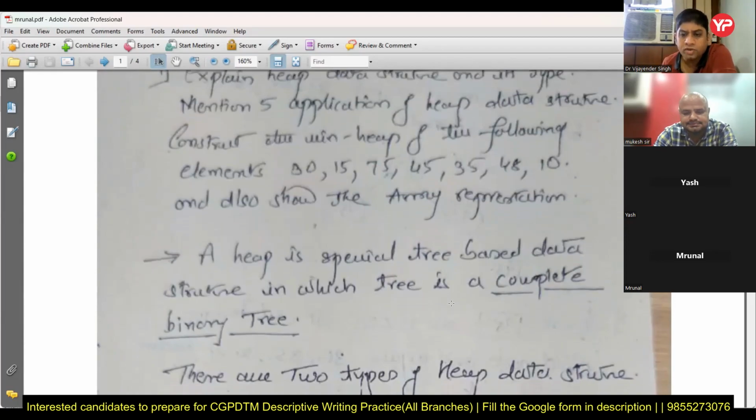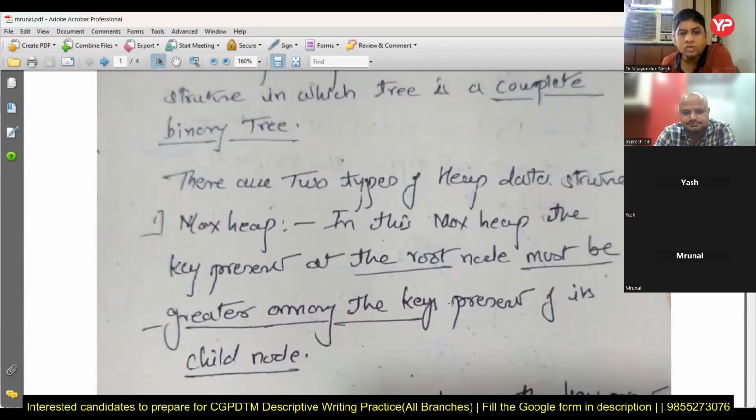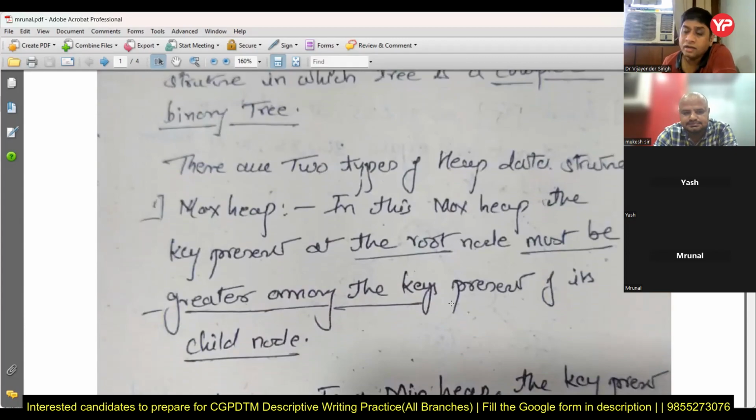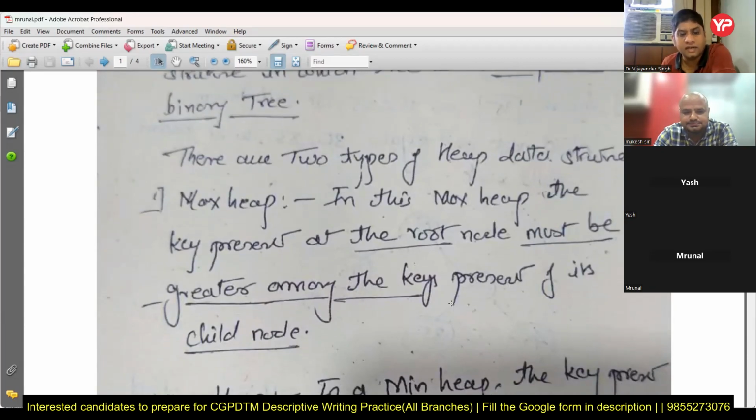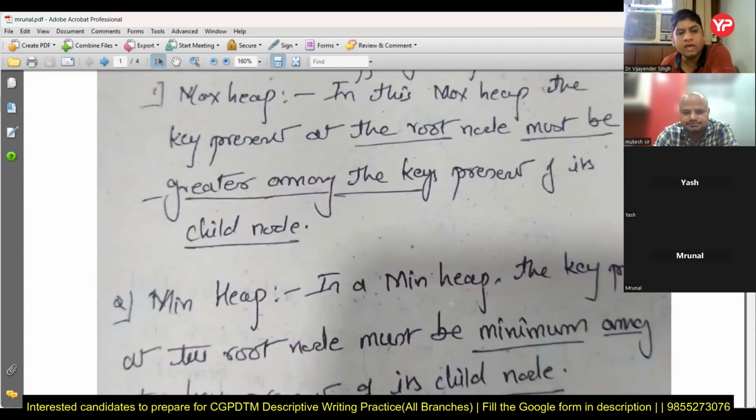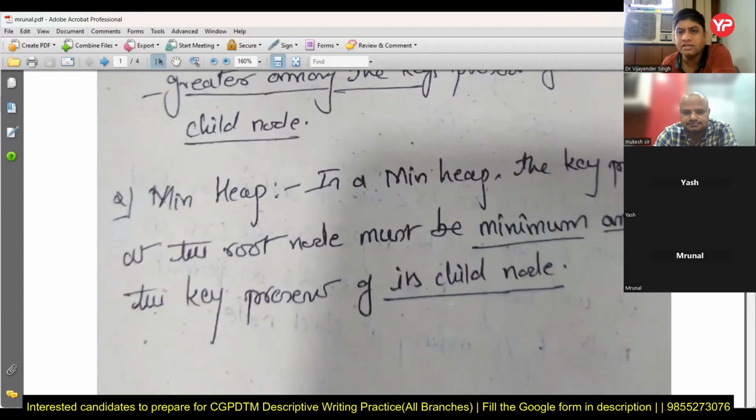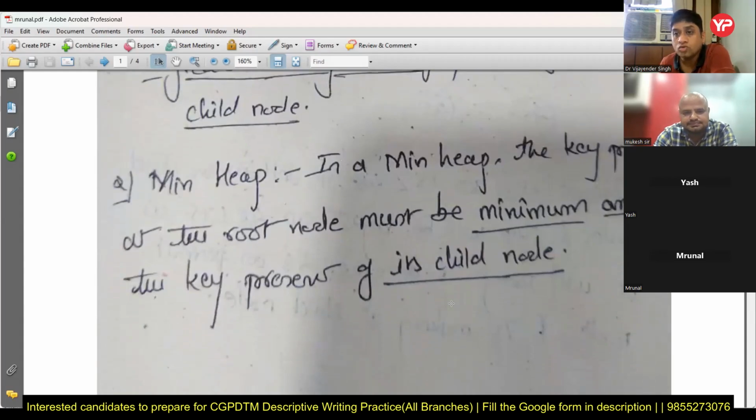Then we go, you said two types of data structures are there. So type 1 you are saying max heap, and then ये उसका हेडिंग है, तो हेडिंग मैक्स हीप को अंडरलाइन किया जा सकता है मेरे को लगता है। और फिर आपने उसको लिखा अच्छे तरीके से, और उसके बाद आपने सेकंड जो लिखा है, that is the second type. Go down sir. That is a minimum heap is the second type, उसको भी अंडरलाइन किया जा सकता था।